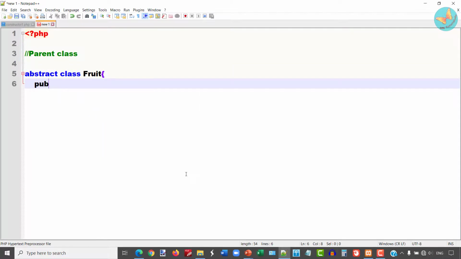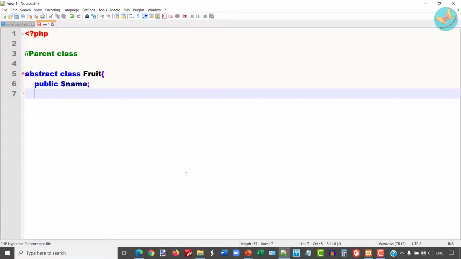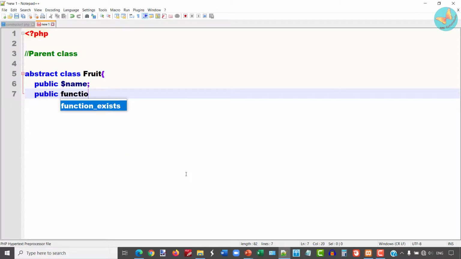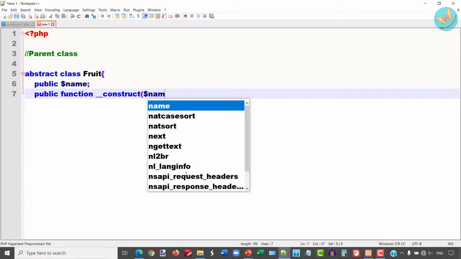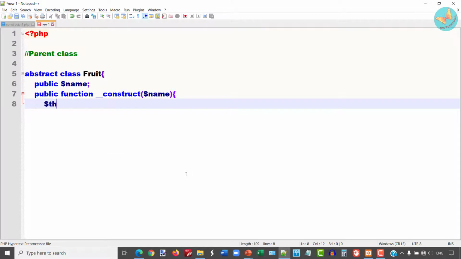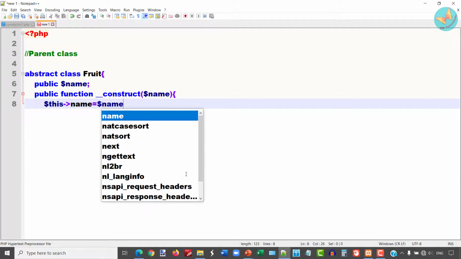Like I have told you, it can have normal properties, so I'll declare here one normal property, name. I can also create one constructor. I have already created one tutorial on constructors, so if you have not seen it, please see it. Here I'll declare one constructor and directly initialize it with the name parameter.